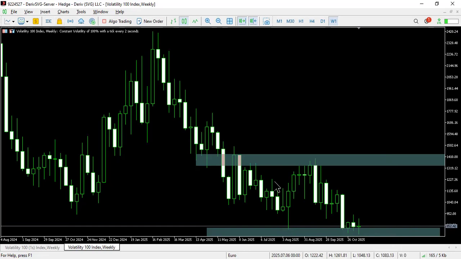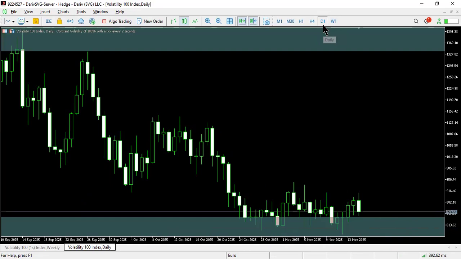So my bias is gonna be bullish. I'm gonna be looking for buying setups simply because price is at this demand zone, and this demand zone has proven in the past that whenever price gets here, it buys. That's it from the weekly time frame. Our bias is bullish. If we go to the daily time frame,